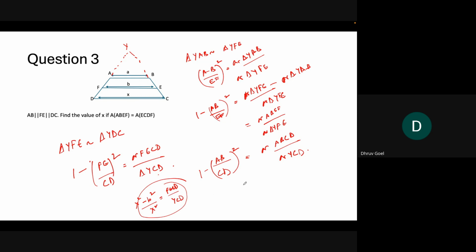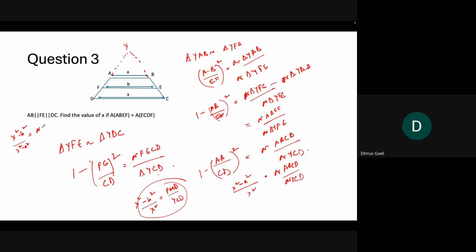In the second equation, I get x square minus a square upon x square is equal to the area of ABCD upon the area of YCD. If I divide these two equations, I get x square minus b square upon x square minus a square is equal to